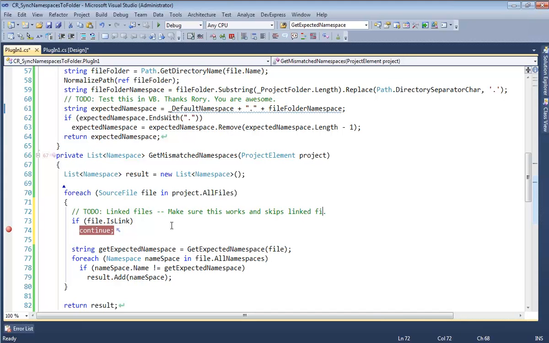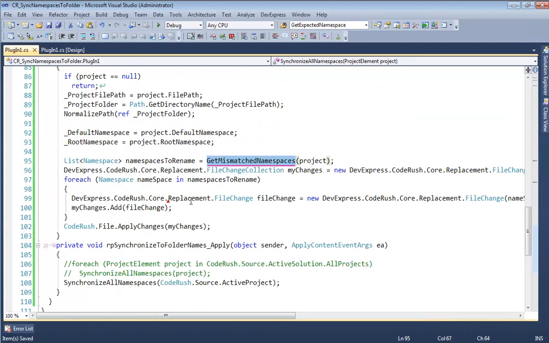Okay, so we get our mismatched namespaces. This bit of code right here changes all the core namespaces that are declared, but it doesn't change the references to those. Okay, so what we want to do is create something called a